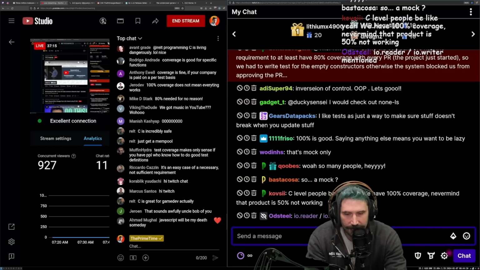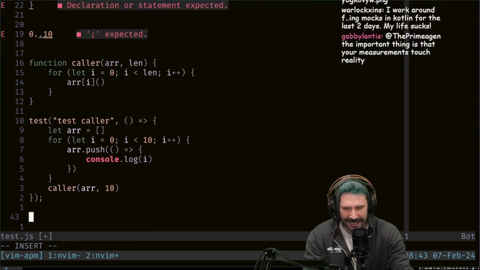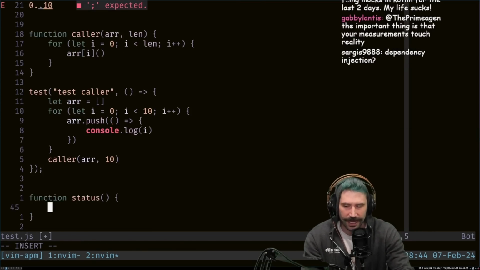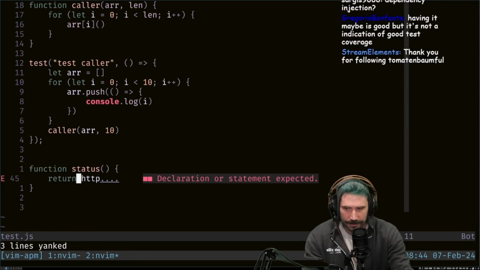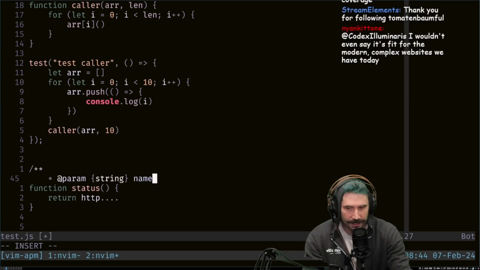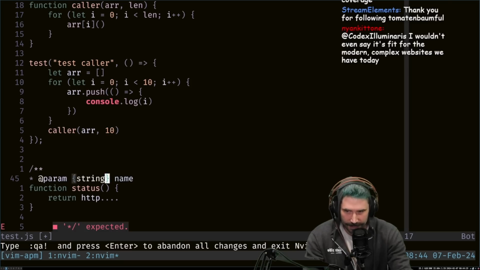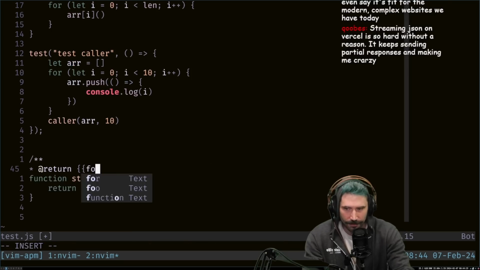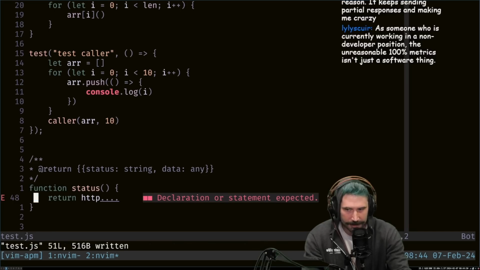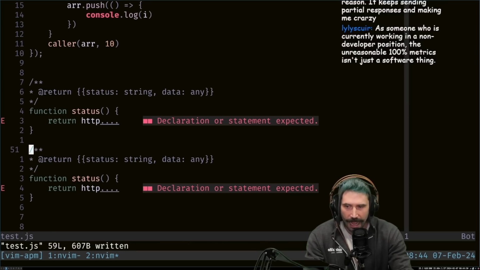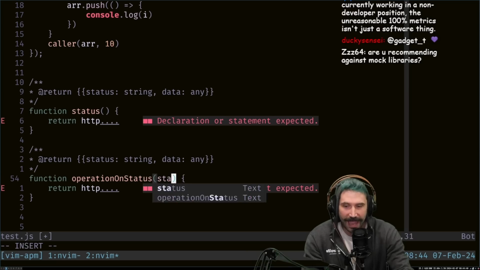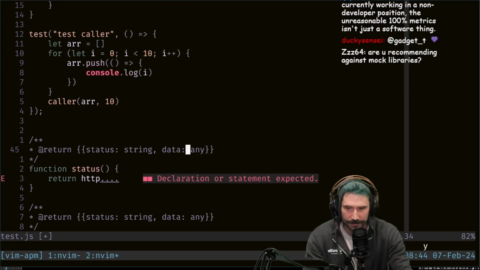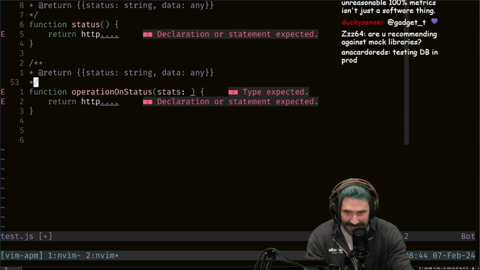Say you have a status call that has to go out to an HTTP endpoint. It makes a call and it returns this. Well, this thing has a structure that it returns. Whatever that structure is, I don't care what that structure is. Return some status, there you go, perfect. I want to take this data structure, and then if we had some sort of operation on status, we pass in this status object right up here. That's what we pass in. So that way I can test this thing.